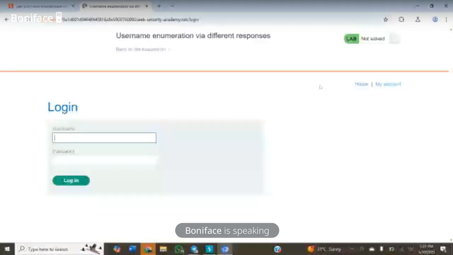So the assumption is that you want to log in, right? For My Account, what is it giving us? It's giving us a username field and a password field, right? So what do we do here? We don't know the username, we don't know the password, right? So we provide